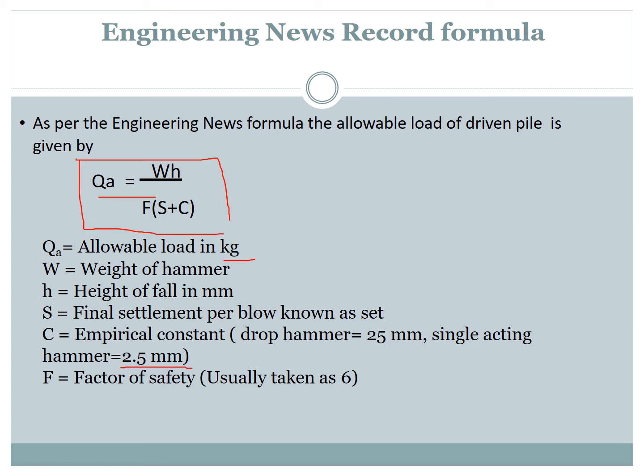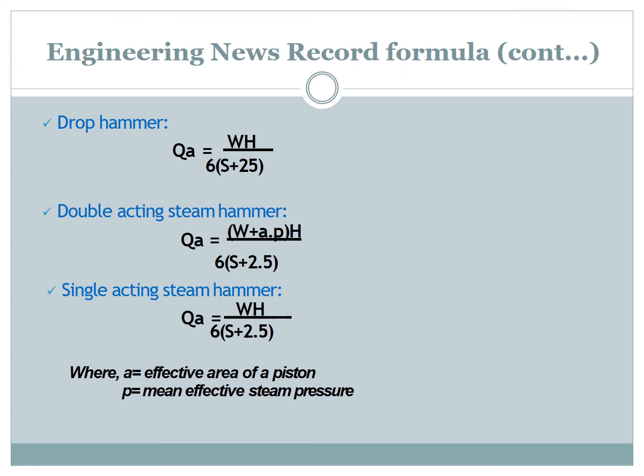For the Engineering News formula, the factor of safety is usually taken as 6. Putting these values in the formula, the equation becomes like this. For a drop hammer the factor of safety is 6 and the empirical constant C is 25 mm. For a single acting steam hammer it is 2.5 mm, and for a double acting steam hammer the equation